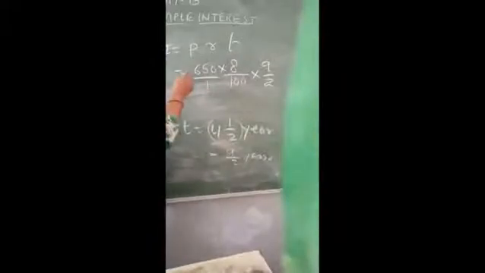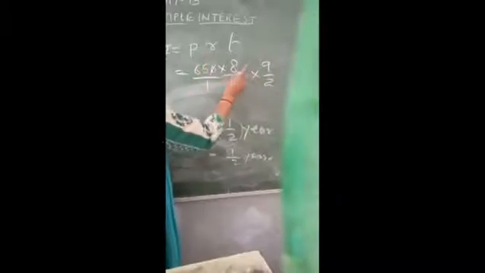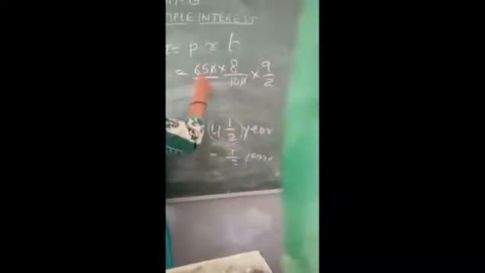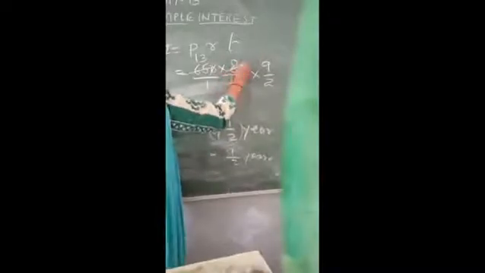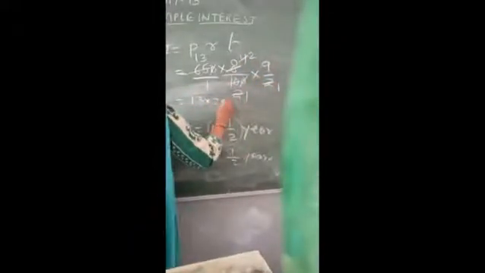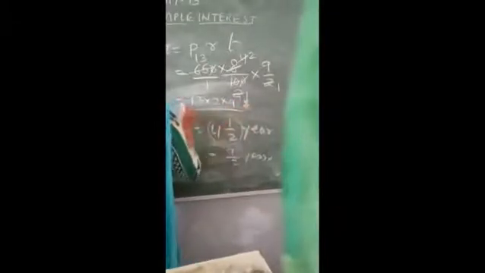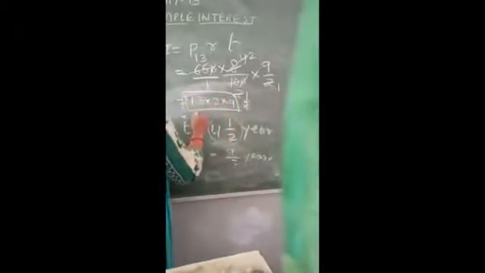Now convert this 650 into a fraction. Now it is clear. Here the 0 in the numerator and the 0 in the denominator will be cancelled. Now let us see 65 and 10. The common factor of 65 and 10 is 5. Let us divide by 5: it is 13 and 2. Again 8 and 2 have a common factor, so it will be 4 and 1. Again 4 and 2 give 2 and 1. Now it is 13 into 2 into 9. This is the answer; you will have to solve it and you will get the answer.